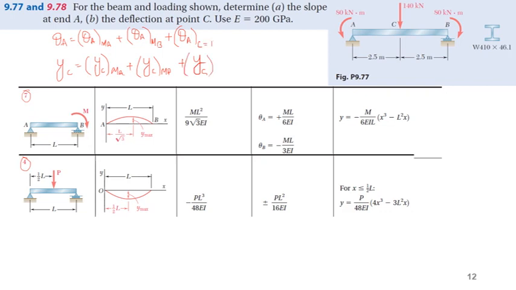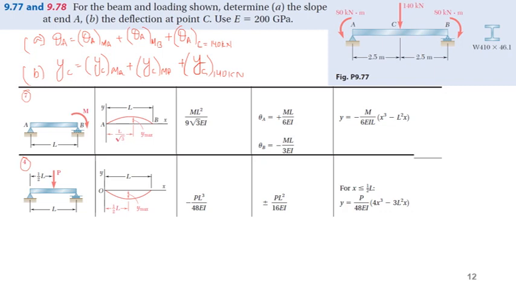Let me write it as due to load 140 kilonewton. So when we solve this, this is part A and part B, and the cross section is given. So with that, we can go to appendix C and find what will be the value of I. Now,